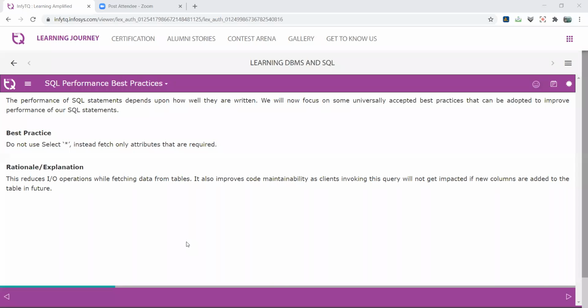Is that clear? If you write select asterisk from EMP where ID equal to 1, or you write select ID, name, mobile number from EMP where ID equal to 1, which query is more effective, first or second? The second one is effective because we focus only on the 3 parts. The remaining parts are not required for our desired output. The first query displays 37 additional attributes that are not required, and it is time consuming to display them. So that is one part. From a best practices point of view, never use the asterisk.